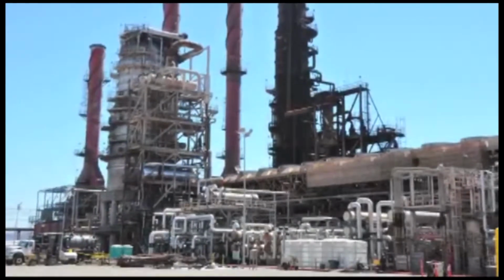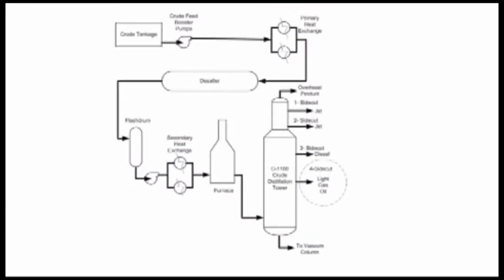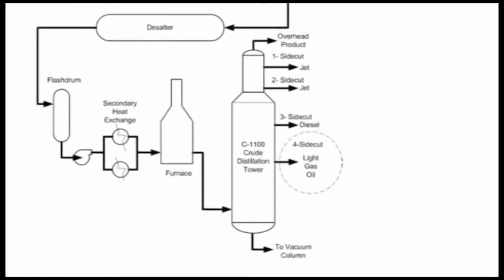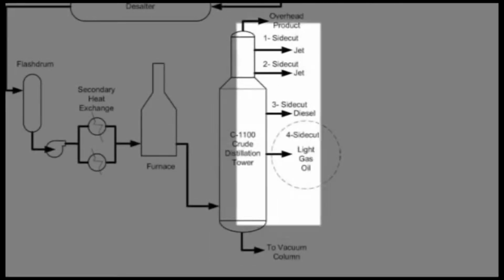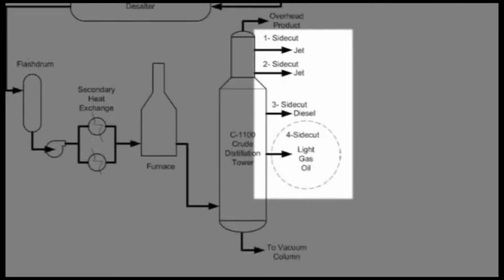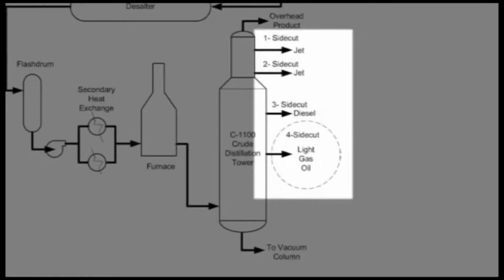The first step of the refining process takes place in the crude unit, where crude oil is cleaned and heated before entering the distillation tower. Inside the tower, the crude oil is boiled. The vapor then condenses into various liquid hydrocarbon fractions, or streams, including jet fuel, diesel, and gas oil. The different streams exit the distillation tower through separate pipes or side cuts that lead to other sections of the